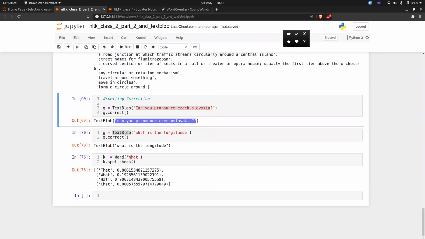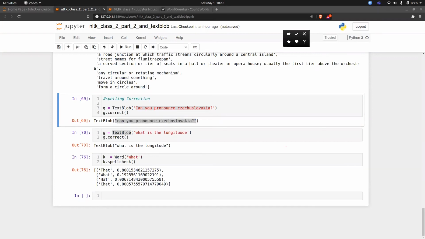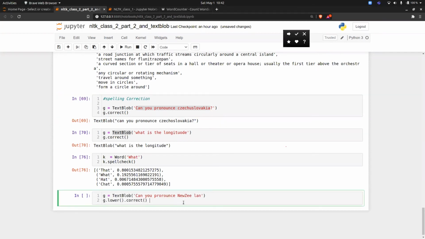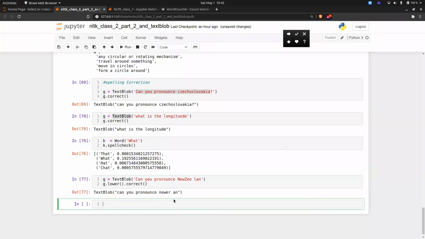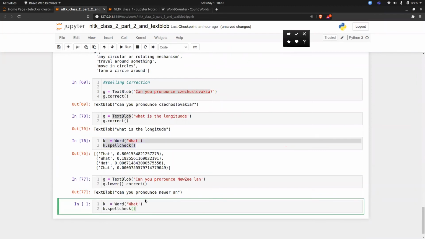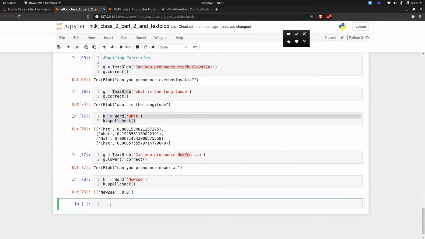Yes, Nikhil. Just copying the word that you have given, copying the sentence you have given. So copy, paste. Okay, now try to see. Now go to spell check and give that particular word individually and see which is the highest possibility word. So "newsy". Okay, so lowercase, right? So you have done lowercase. So N and this is Z. Which is the highest probability you're getting? "Newer". That's why it's trying to replace "newsy" with "newer".